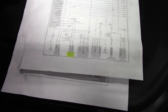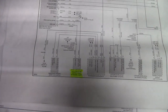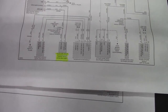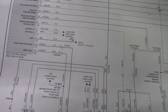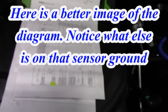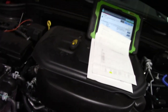I wasn't planning to do a video on this, like I said, but if we take a look here at the sensor, notice the colors of the wires, the violet and brown, if you can make it out, go into the BCM. That's a sensor ground, okay, sensor ground. And then the other wire is your hood ajar switch sense. Okay, so again, with that in mind,